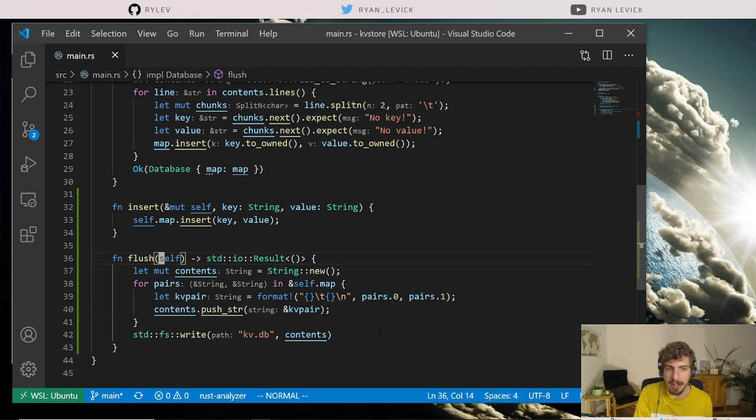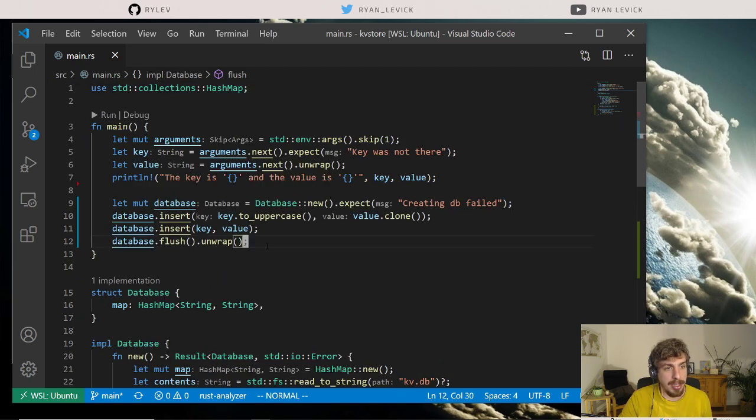It's probably a good thing. We don't want people to flush the database and then insert a few more and then not call flush again. Wouldn't it be nice if our database simply required that when we call flush, we could never use it again? So flush is enforced by the type system as being the last thing that you could possibly do with the database. And that's exactly what taking ownership does. We take ownership of self, and nowhere else can that database ever be used again because we've moved it into flush. And so up here, if we try to do